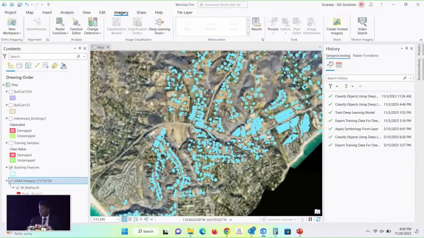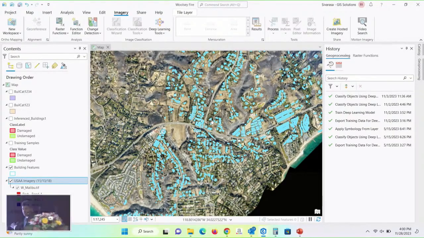So imagine that I have got these building footprints. So of course, I just want to classify them based on damaged and undamaged. So here also I have to do one training for that system, and I have to designate some undamaged and some damaged buildings.